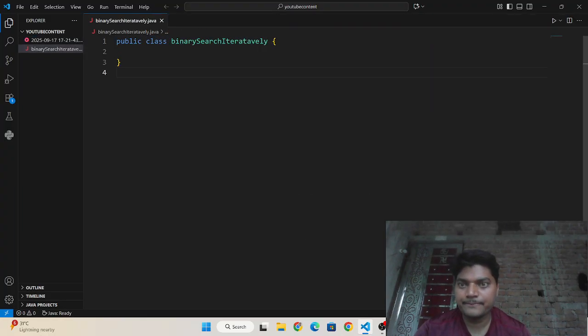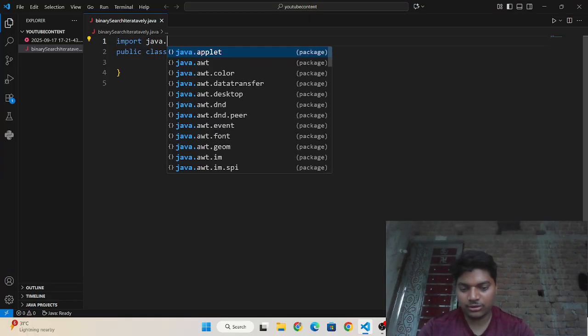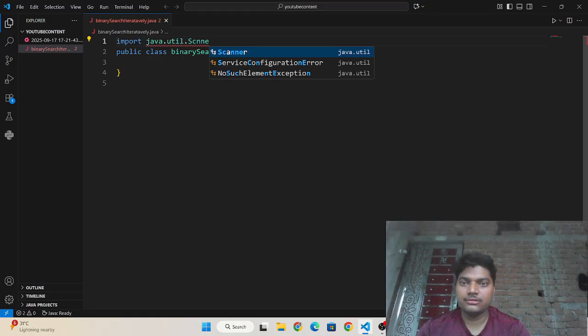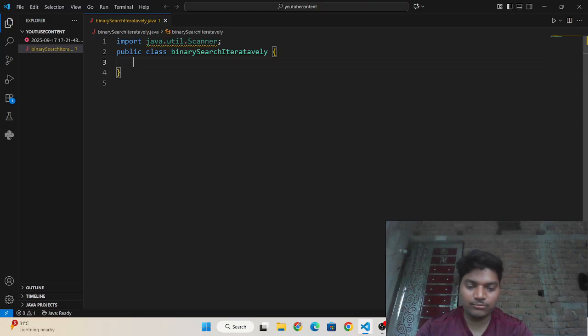Now I'm going to first import the Scanner class so that I am able to take user input. Import java dot util dot Scanner. Now I'm going to insert the main method.